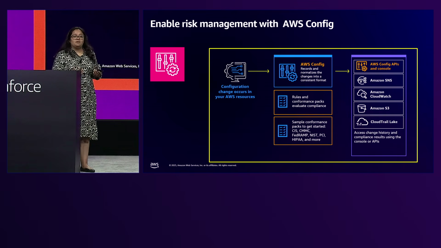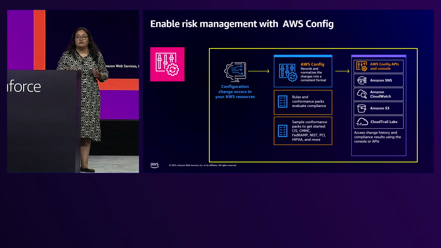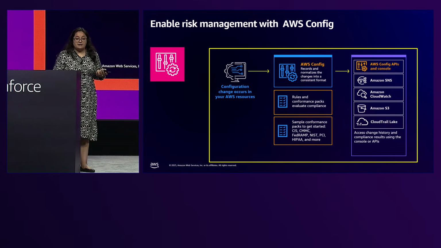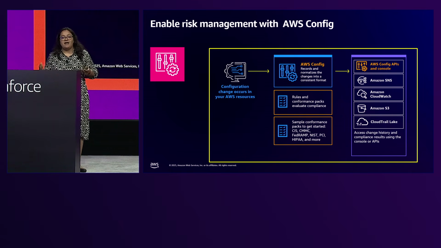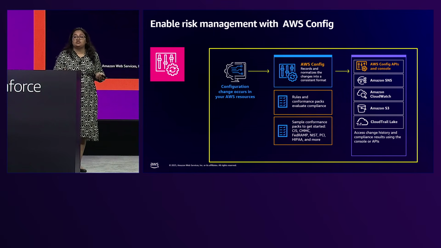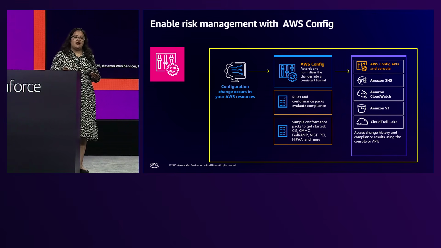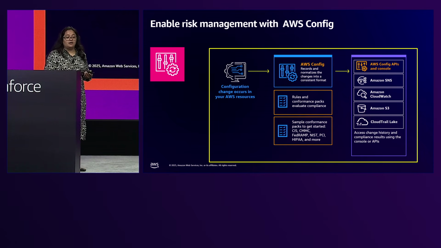Config also comes with compliance packs, which are really a group of rules aligned to frameworks such as HIPAA, PCI, and NIST. You can take that compliance pack and enable it in an organization if that is what you need to be compliant to, and it will automatically start looking at your resources and matching them to the Config rules. If any resource is out of compliance for that particular framework, it will alert you. So as you're setting up your accounts, you can enable AWS Config, and it'll start doing those controls and making sure that your resources are always compliant.